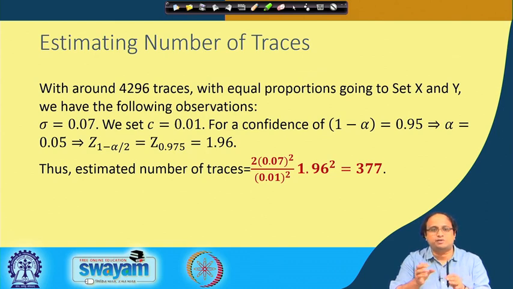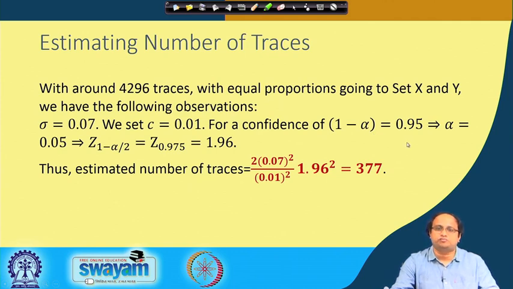So, we approximated by the average sigma, and we set a c value of 0.01, that is the accuracy that I allow. That means mu x minus mu y is equal to 0 is my null hypothesis. I allow a small tolerance of say 0.01, that means it can be 0.01 above or below 0. So, therefore, suppose I set a confidence of 0.95, suppose somebody asks you that